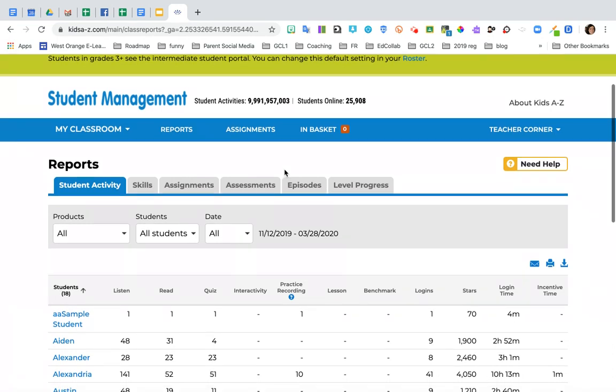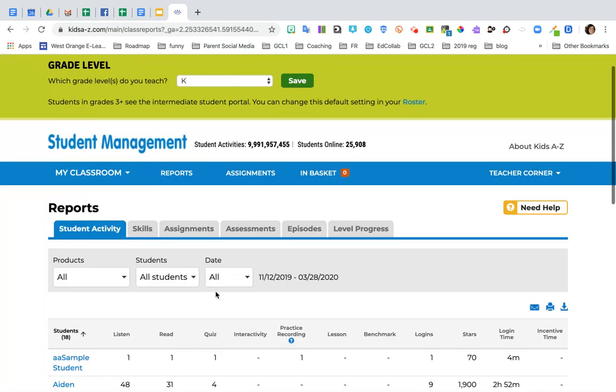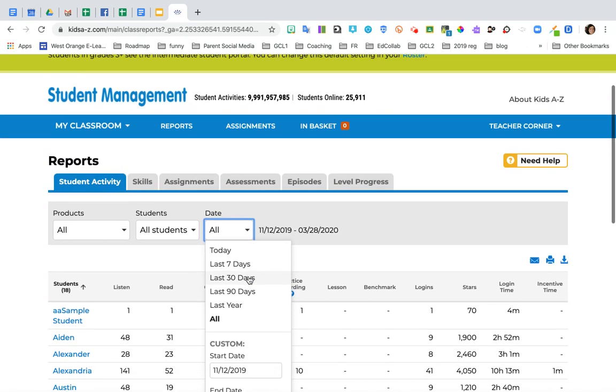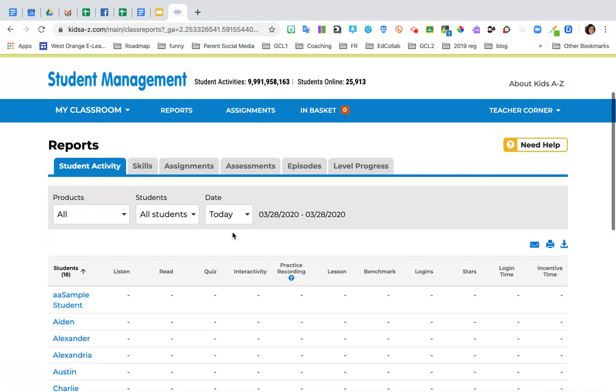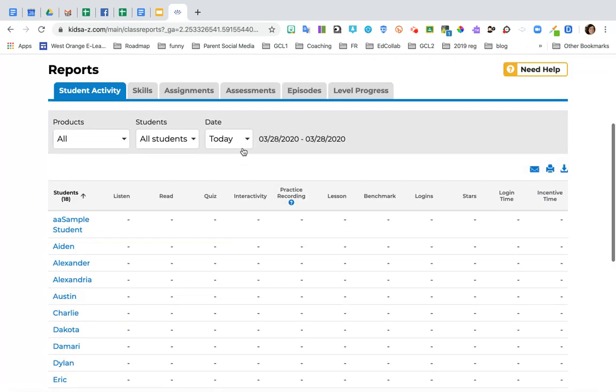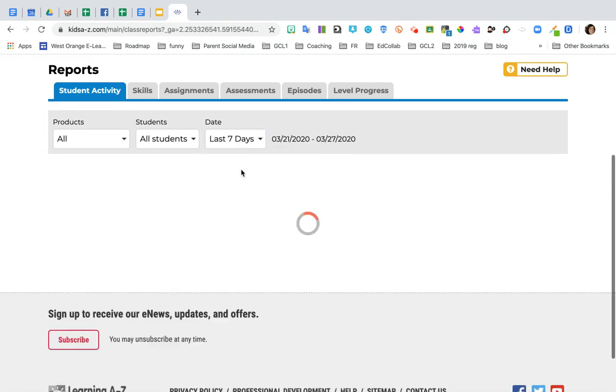There are many ways that you can assess student activity or view your student activity. So right now, the view that I have is all of the student activity based on the time when this platform went live. So in the drop-down box, I can search for just today, but given that it's Saturday, I'm not anticipating any activity. You could take a look at your class's activity within the last 7 days